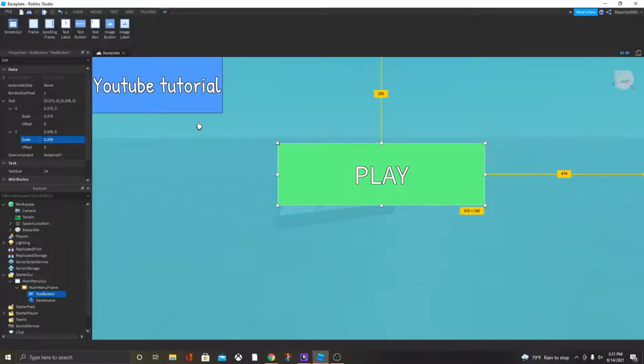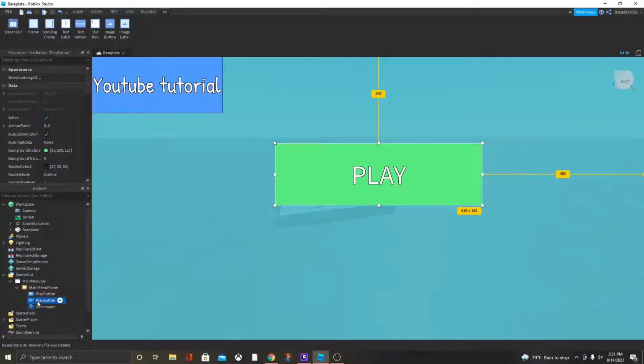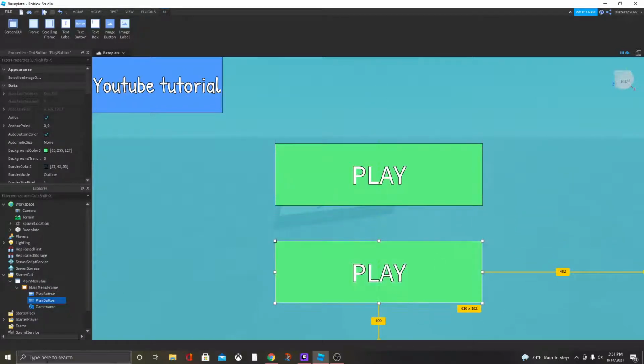And now you might be, I'm going to call this the play button, and you might be thinking, now I have to do it all again. Oh God, this is complicated. But actually you don't. If you're going to use a button on the menu frame, then all you've got to do is on your keyboard, do Control D. So then it's going to duplicate it, and then you can drag it down,